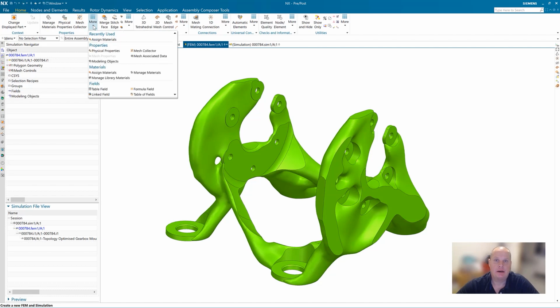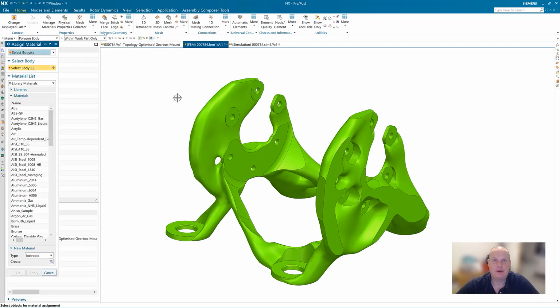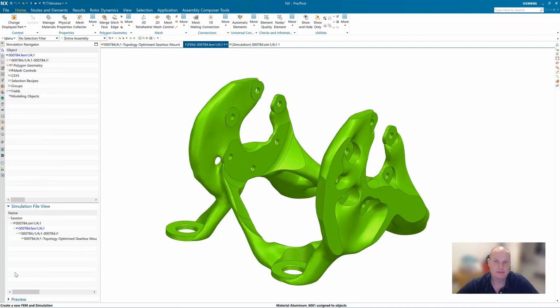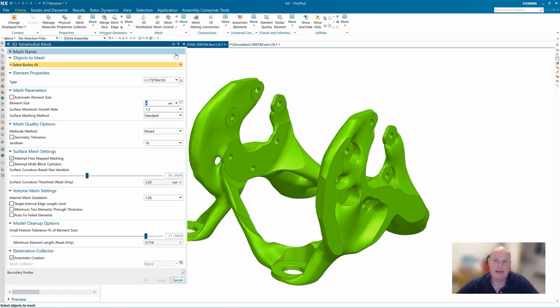Next, we need to assign a material to the part and then generate a 3D mesh. I like to click on the lightning bolt to get an approximation of the recommended mesh size. Don't go any larger than this, as it can make for a poor quality mesh. A reasonably smaller number than the recommended size will give better results without forcing the solution to take too much